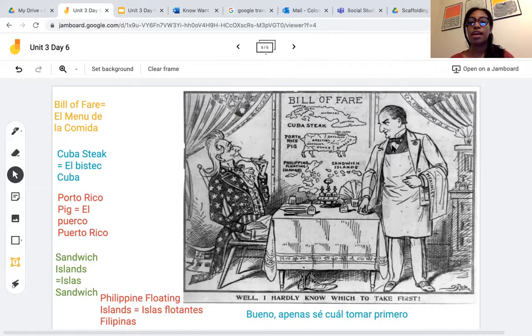What do you see? Okay, I see Uncle Sam, right? What do these words mean? So I see Cuba, Puerto Rico, right? Bill of fare. Uncle Sam is sitting on a table. Uncle Sam usually represents the United States, right? Really going through all those different parts with the modeling how to